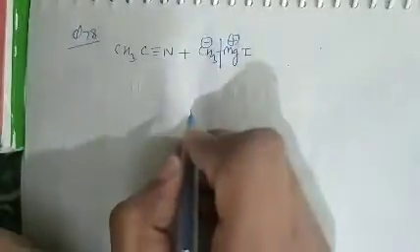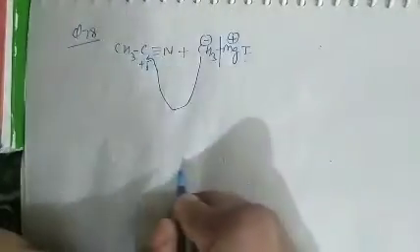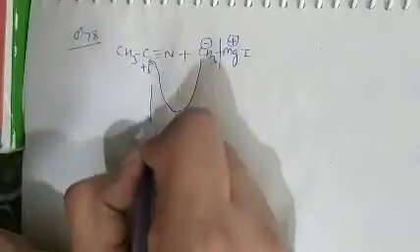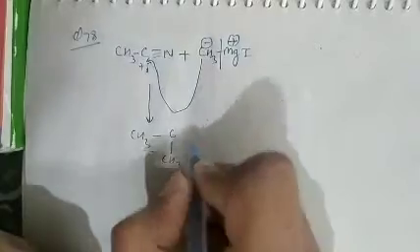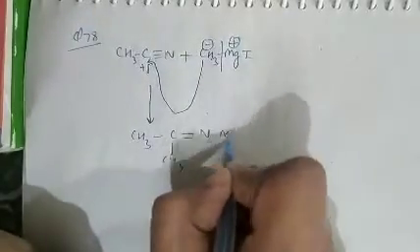In the reaction, that is CH3CN on reaction with CH3MgI. So the bond will break from here, carbon carrying negative and magnesium carrying positive charge. Also there is a partial positive charge, so the methyl group will attach on the carbon atom. So the product formed will be like this: CH3C(CH3)=NMgI.